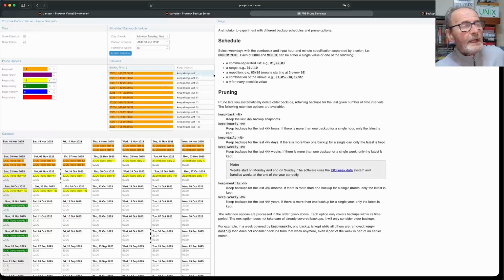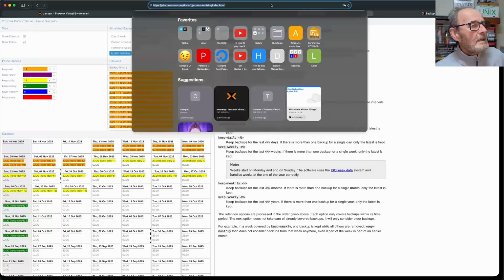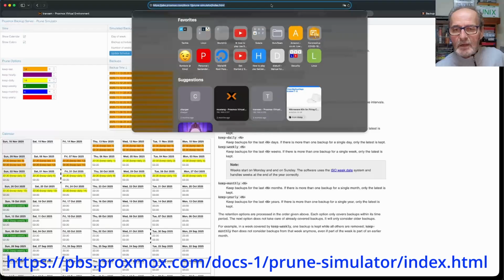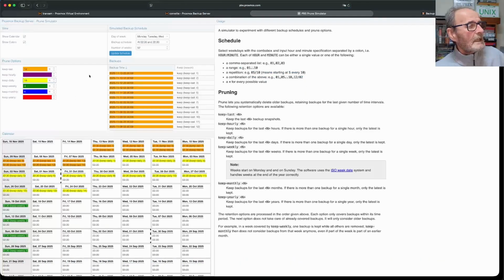We can look at something that Proxmox provide. Like I say, I think they realise that it's potentially confusing, and they provide a prune simulator. I'll put the URL at the bottom of the screen, but it's just proxmox.com in the docs directory, prune-simulator. Okay, and here I've set up exactly what we've got on the other machine,